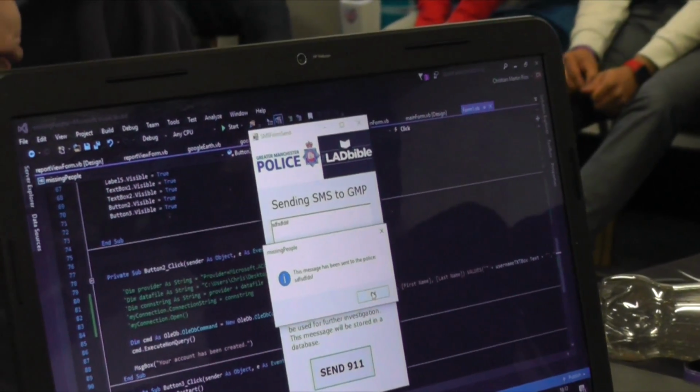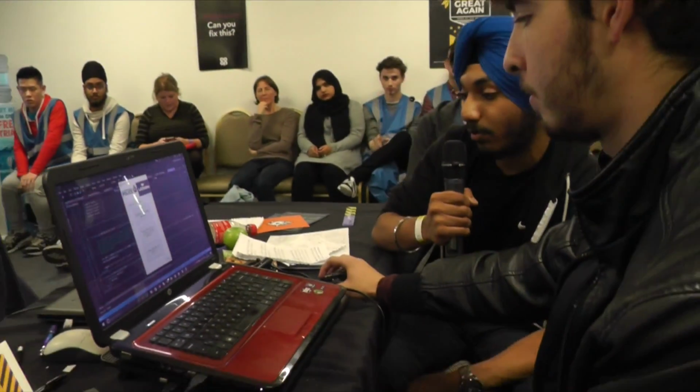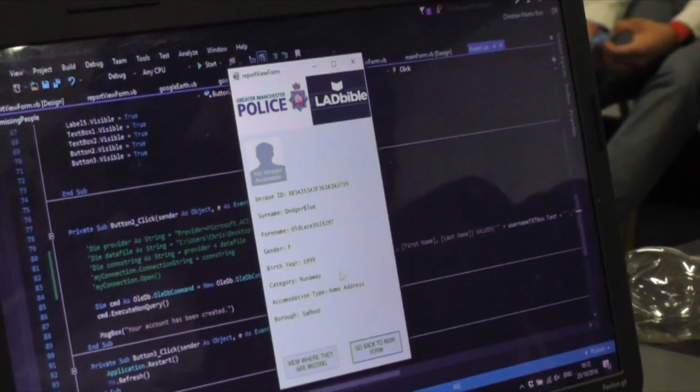So if we actually do go back to the reports. Okay. So if we go on any one missing person, we can actually see where they were last seen. So if we open and view where they were missing,